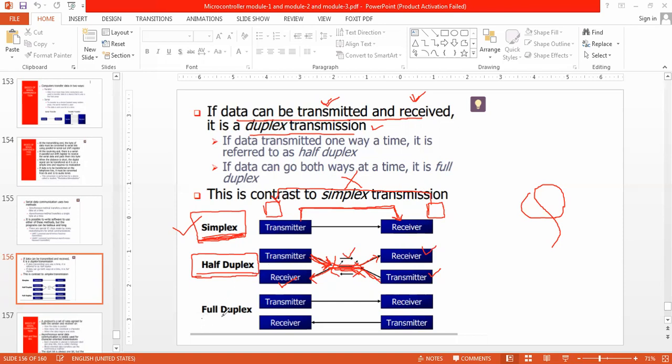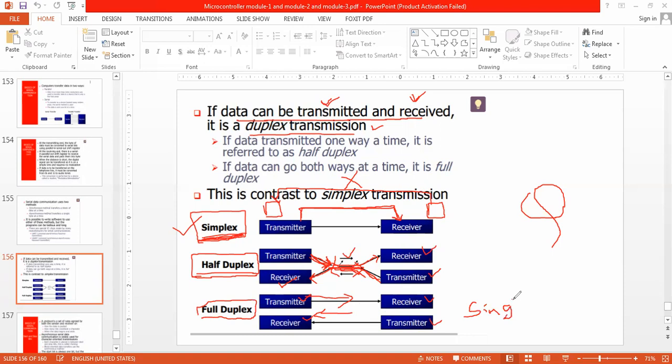And a full duplex communication is where I am transmitting, you are receiving, and along with receiving you are also transmitting, and I am also receiving. So the transmission as well as the reception of the data is happening at a single time.